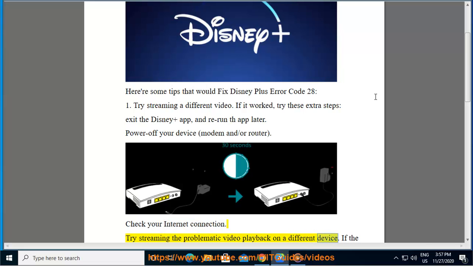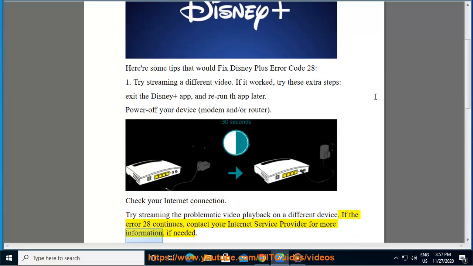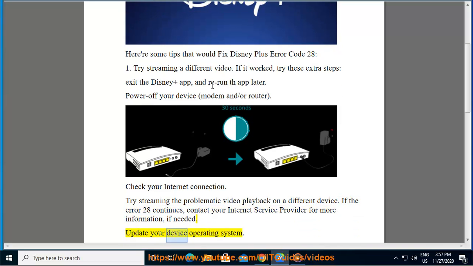Playback on a different device. If the error 28 continues, contact your internet service provider for more information, if needed. Update your device operating